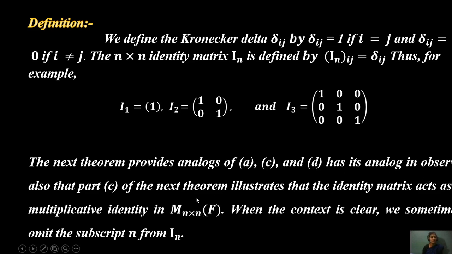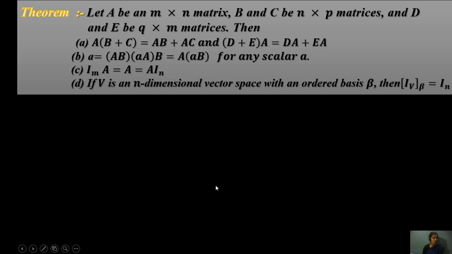Consider A as an m by n matrix for clarity of notation. Let A and B be m by n matrices, B and C be n by p matrices, and D be a q by m matrix. Then A(B + C) equals AB plus AC, and